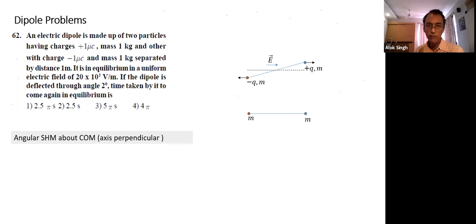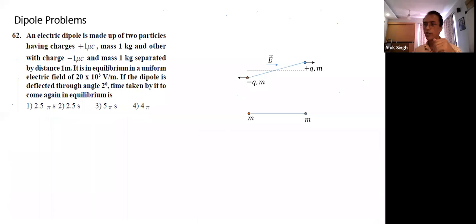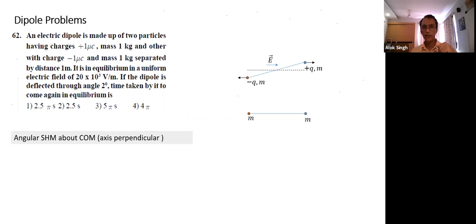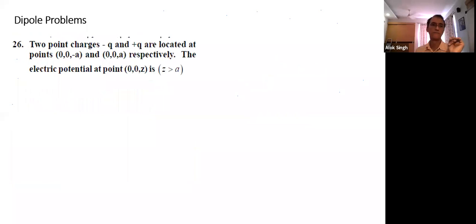So we'll calculate the time period in a similar way. We calculate the time period and divide by 4, that's the time it takes to come from the extreme position to the mean position. In one oscillation T, extreme to mean position is T by 4, again mean position to the other extreme T by 4, and so on. So extreme position to mean position time is T by 4. Same formula I'll use, I'll calculate T by 4 and you can easily find it, no problem. T by 4 is my answer. Okay, that's all the same.